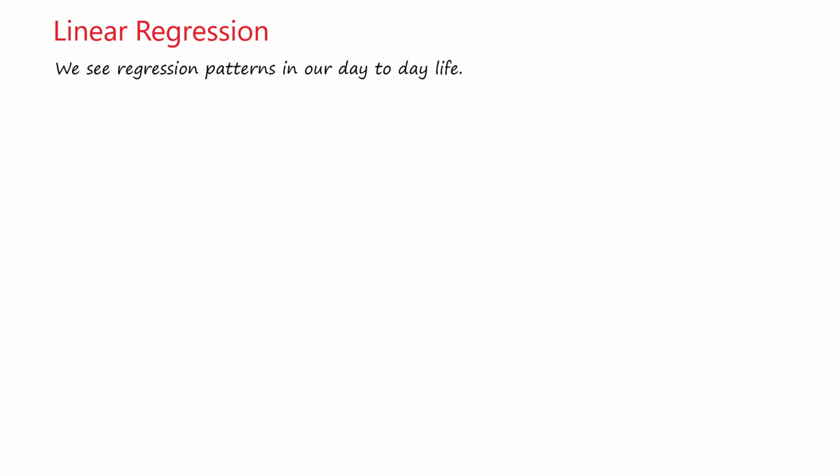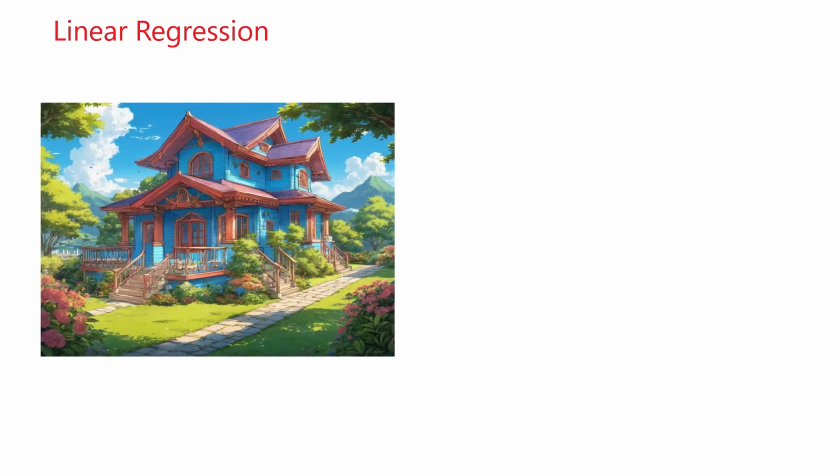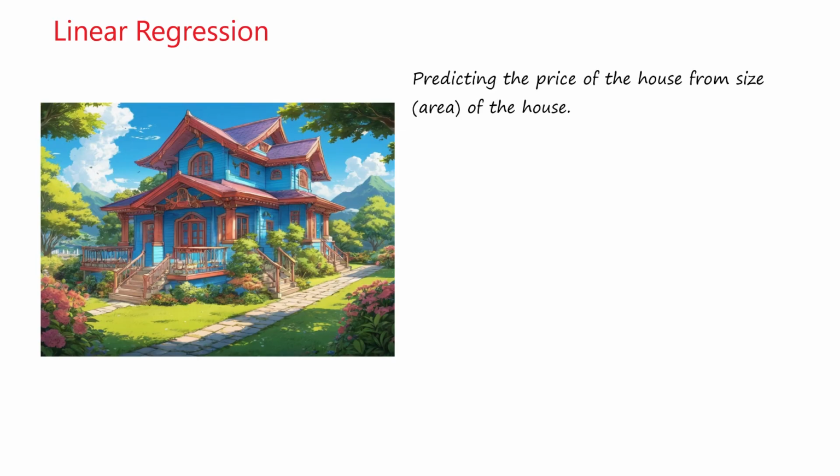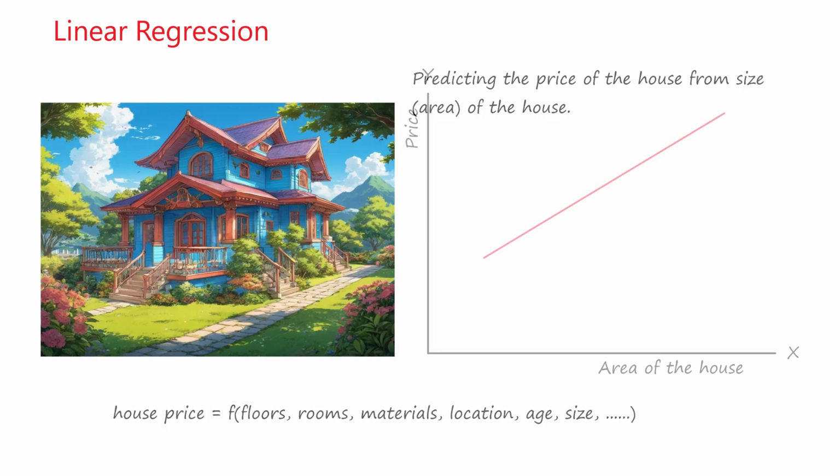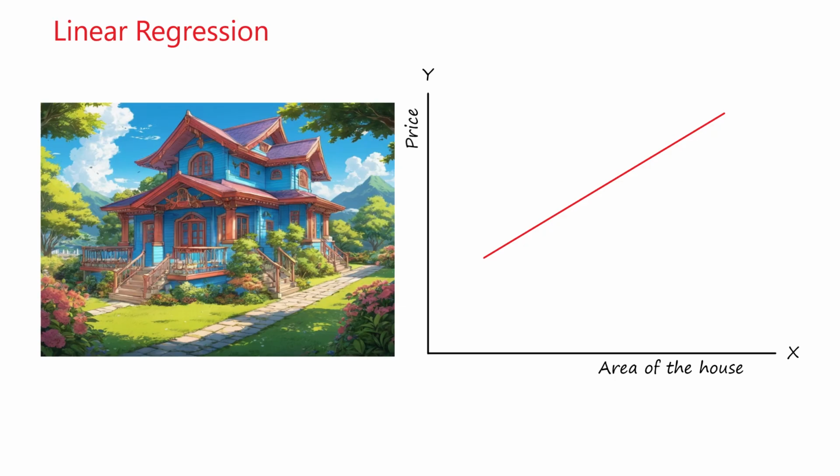Linear regression is everywhere, but we just don't pay attention. Let's go through some examples that scream, I am a linear regression problem, but in a socially acceptable way. First example, house price. Want to know how much a house costs? Easy, just check the area. The bigger the house, the bigger the price tag, unless it is haunted. Of course, other things matter too, like location, material, and whether it comes with a noisy neighbor included. But generally, a bigger house means a bigger price.